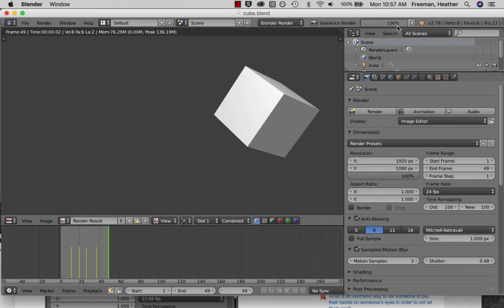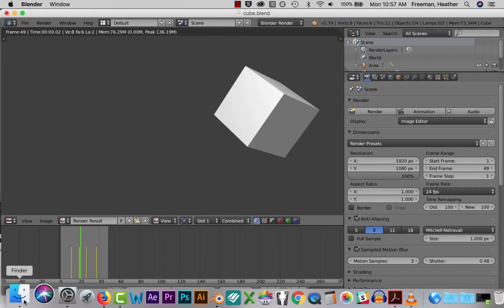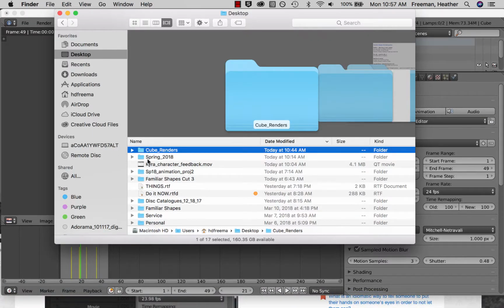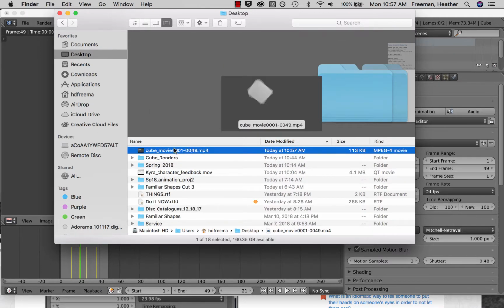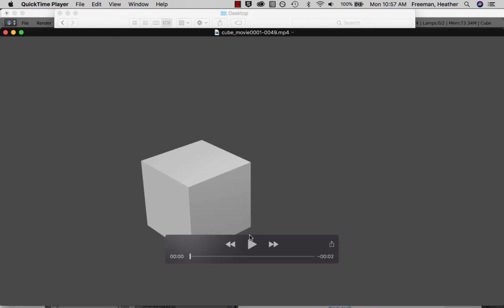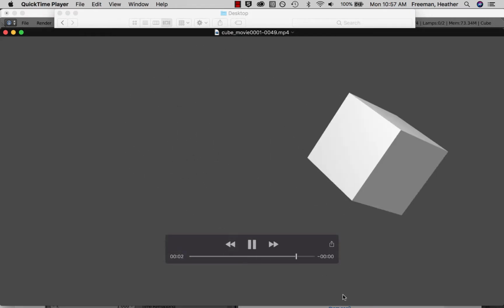You can see up here it's showing you how fast it's rendering. And now I can go to my desktop and I can try to find that file. There it is. It's an MP4 file, so pretty easy to upload or to email. And there's our animation, which looks pretty